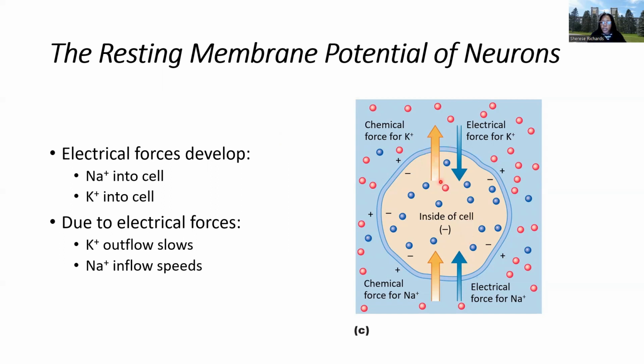Its concentration gradient is moving out of the cell. So potassium wants to come in according to the electrical force, but out according to the chemical force. So if we think about potassium's movement, we're going to have to think about our algorithm. We're going to have to subtract the weaker force from the stronger force. And so what we will see is that potassium will leave the cell, right? Because the stronger force is the chemical driving force, right? The bigger arrow here. And so it's going to be a weaker magnitude, but an overall direction out of the